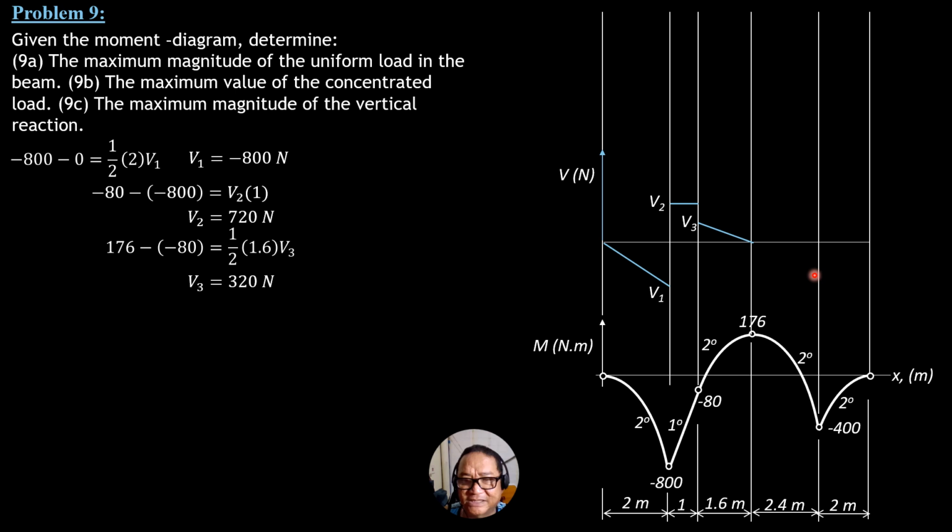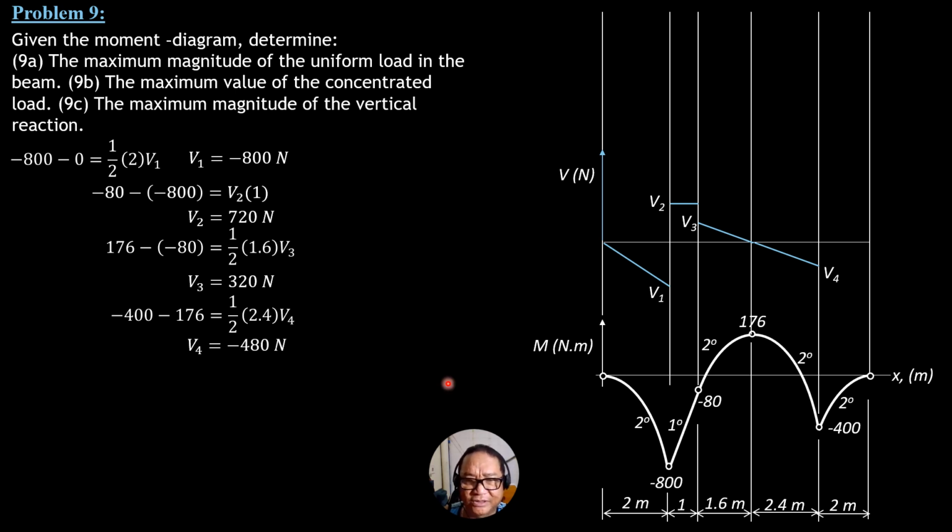So I'll call this V sub 4 here. So the area is 1/2 of 2.4 times V sub 4. Then we equate that to change in moment, which is negative 400 minus 176. So negative 400 minus 176 equals 1/2 of 2.4 times V4. So V sub 4 is negative